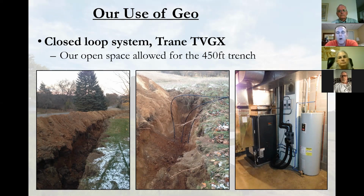We also have a wetland and a pond on our property, and there's more agitation, they call it, the closer to water you can get. They can only get so close based on EPA rules, but that also makes it more efficient because we're on the wetland. We took that trench pretty close to it, and so you can see on the lower right there, it just looks like a standard furnace. In my utility room, there's just an extra pump, and that pump on that white wall is essentially what's pumping the liquid in and out